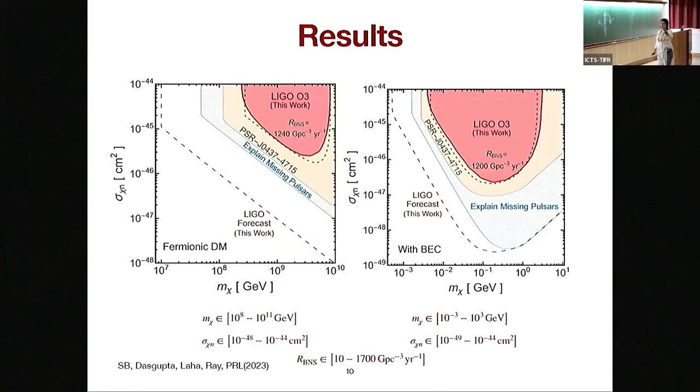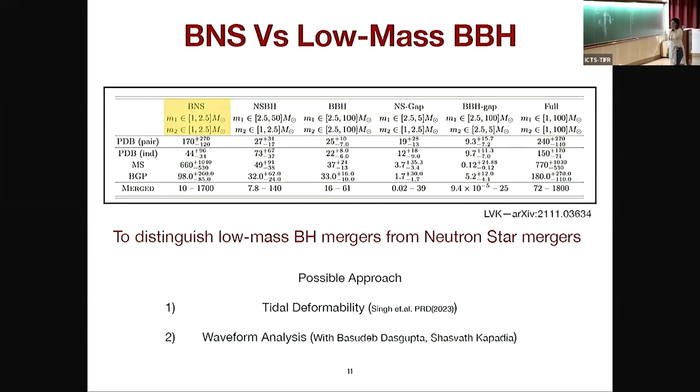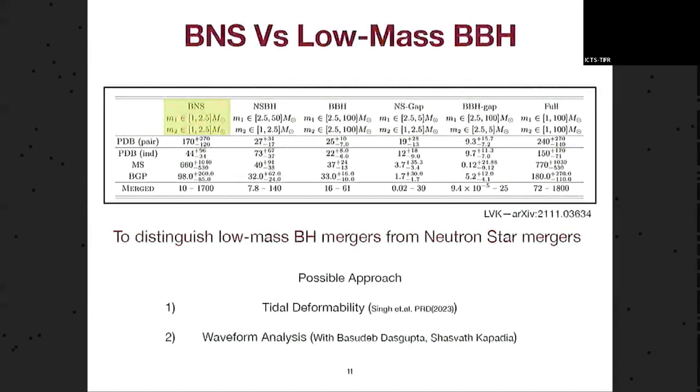And as Deep talked about, these bosonic particles can form the BEC states and all. These calculations you can do for the fermionic case and the BEC case also. But our point is to see whether there are low mass black holes or not. So now, the main question is, as I was discussing, whenever LIGO sees an event of 1 to 2.5